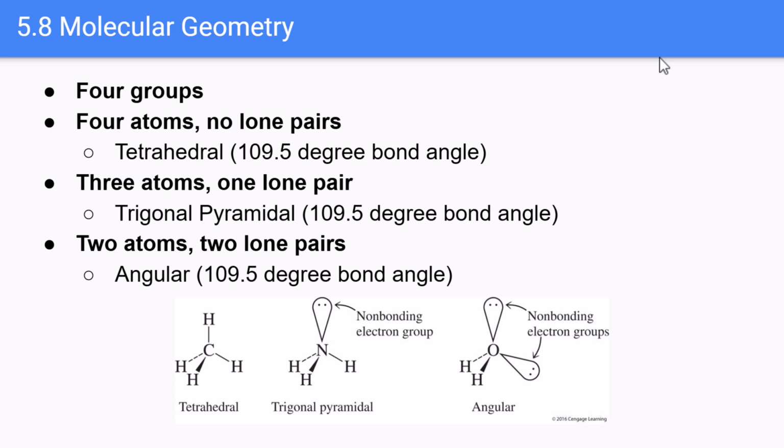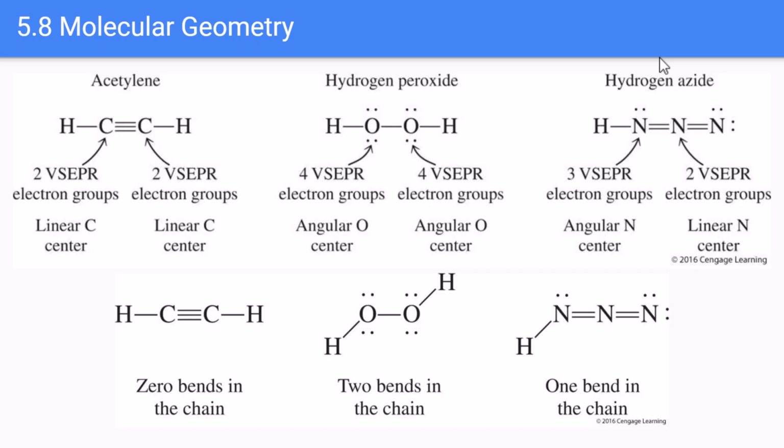You can have steric numbers or group numbers of 5 and 6. Those go beyond a normal octet most of the time, and we don't discuss those in this class, but they are available. I do have videos available that go through and show that. All right, so if we take a look here, the geometry of more complex molecules can be determined